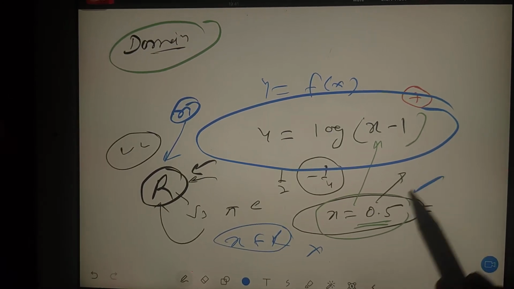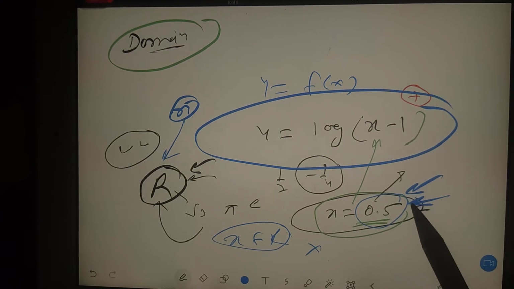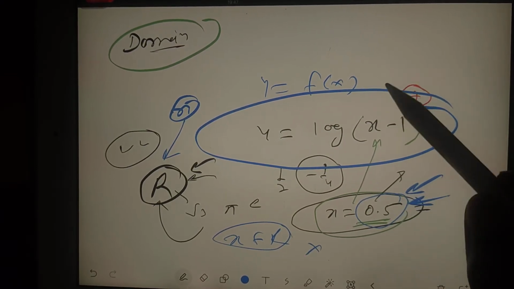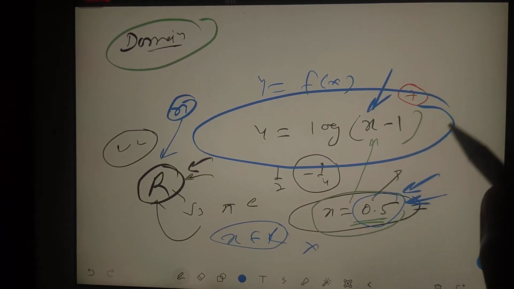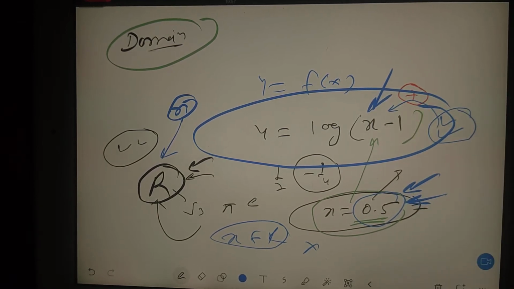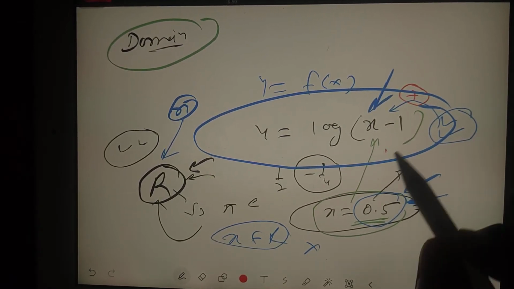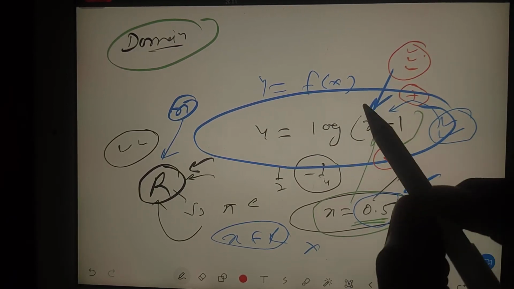No. Why? Because just now I have shown you that you cannot substitute x is equal to 0.5, because if you substitute x is equal to 0.5, this guy will become negative. It means you have to know how to find out those values that are suitable to substitute here. Correct. In that case, we should follow some procedures, because in different cases, if I change this function to